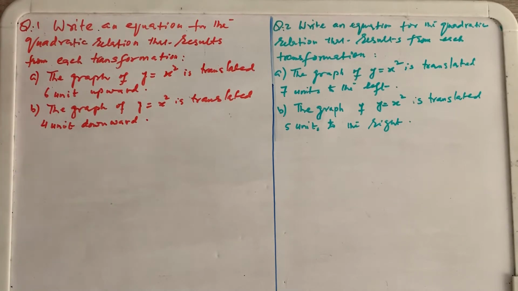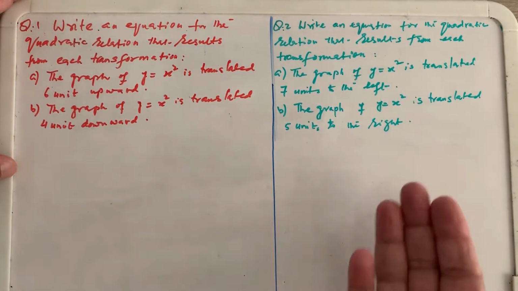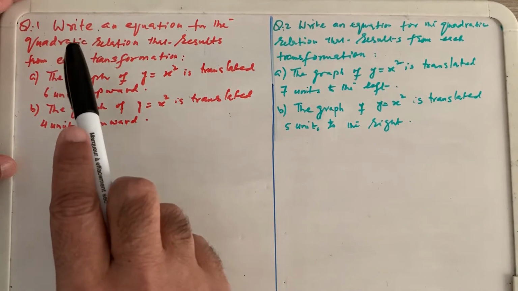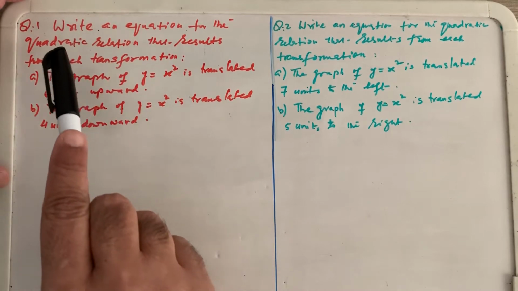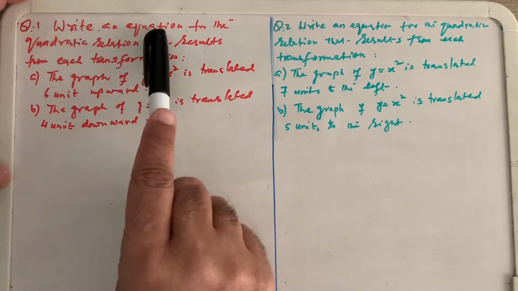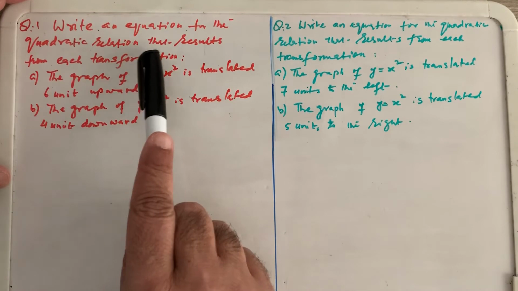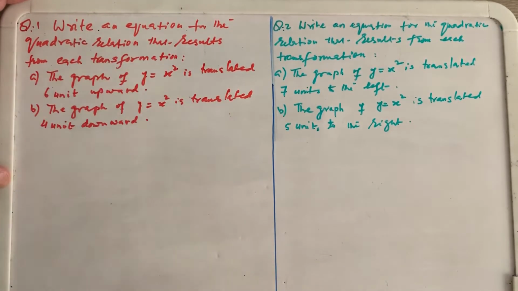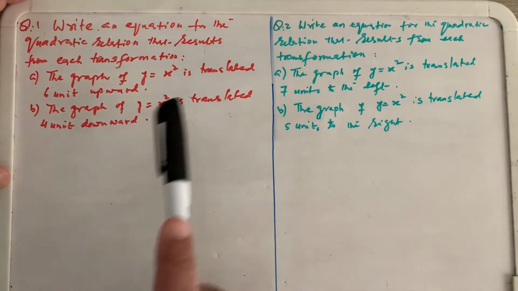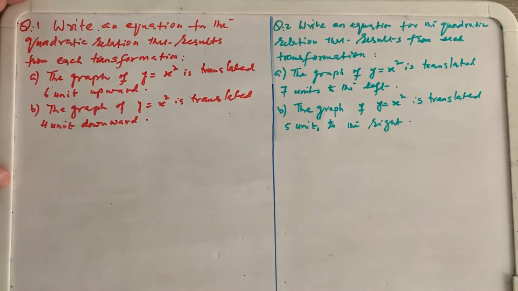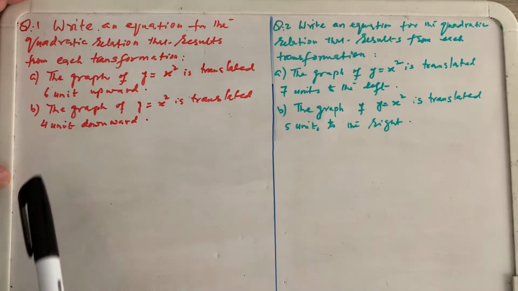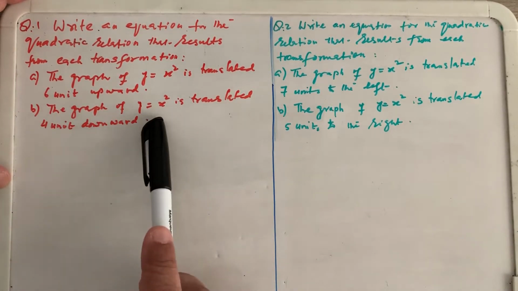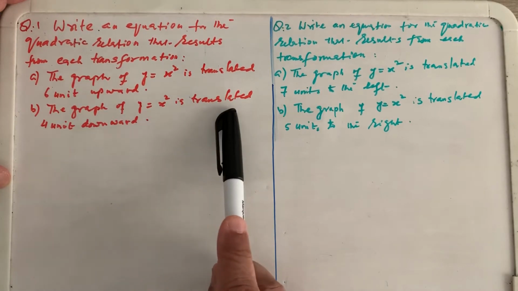One of my 10th graders has sent me this question. These are the two questions. I will read them out and explain how to solve them. Write an equation for the quadratic relation that results from each transformation. A: the graph of y equals x squared is translated 6 units upward. B: the graph of y equals x squared is translated 4